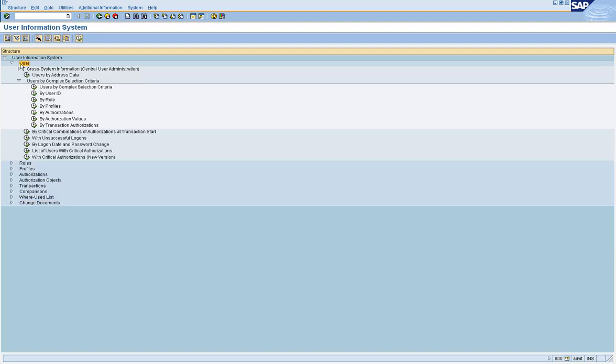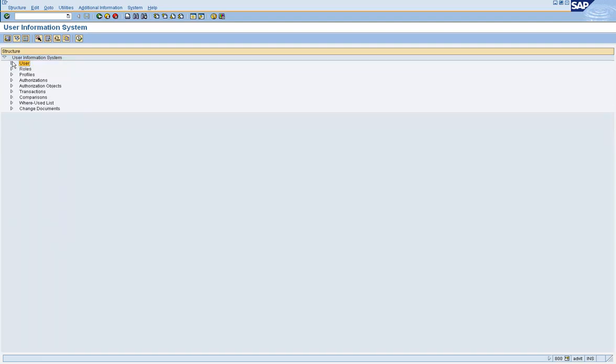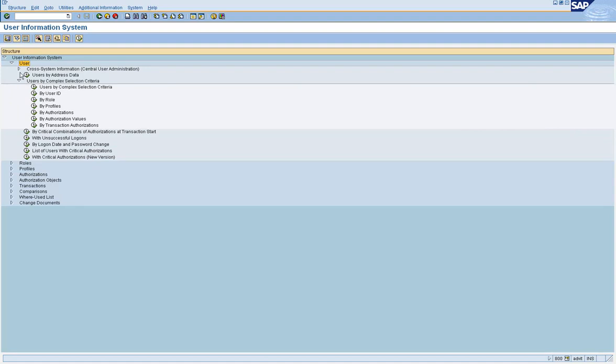Let's go to the user node. Let's take the options one by one and see what kind of information you can find out about the user from the user node. Now, within the user node, the options that you have will give you information about the user.